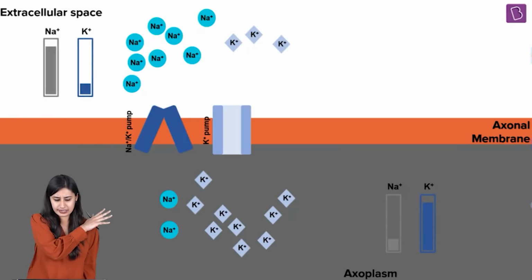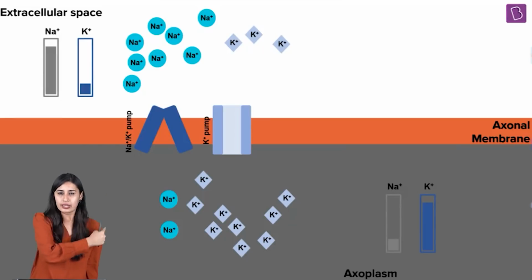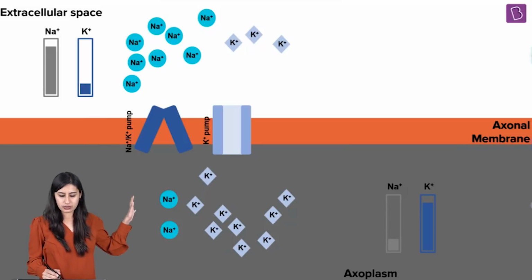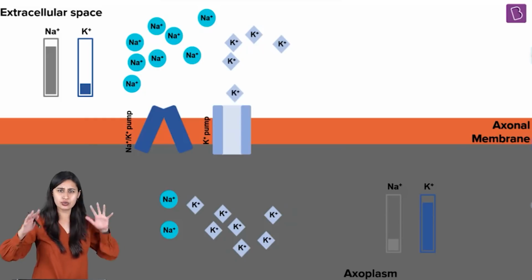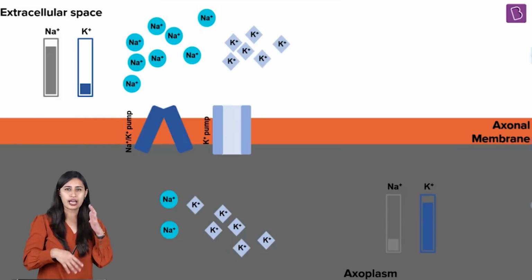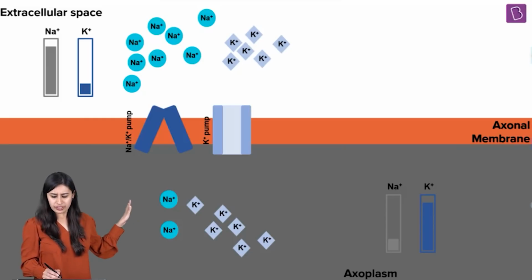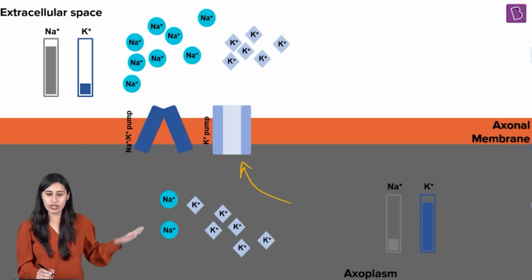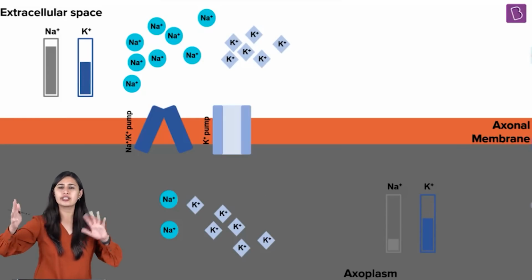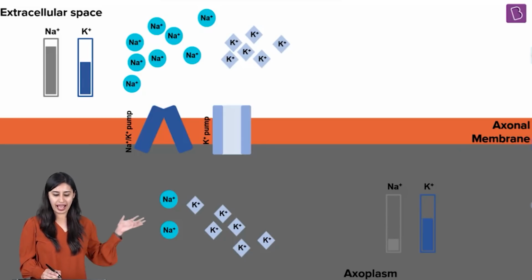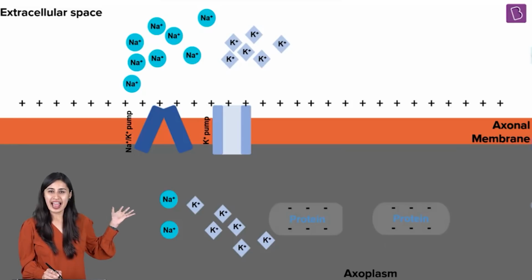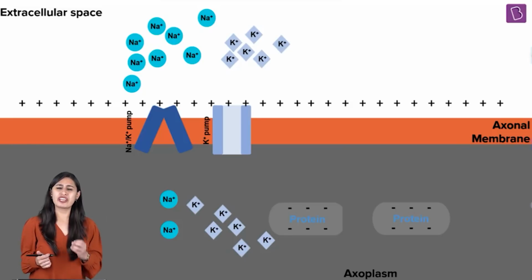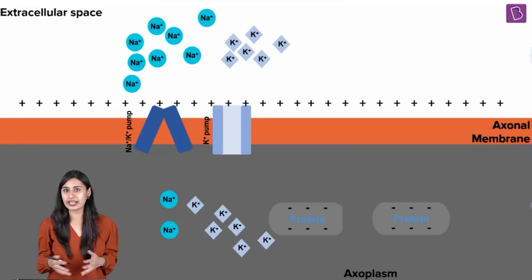And the result is this. Look at what is happening. There's a different concentration outside and inside, isn't it? And this difference is what is mainly responsible. To balance things out, potassium needs to make a move. We will not get to the movement of potassium and how it happens through the K+ pump here. But I'm more interested in that this kind of concentration difference is producing what we call a gradient, isn't it? And that is what creates an impulse. Impulse is something which is very beautiful, very interesting, and mind-blowing actually.